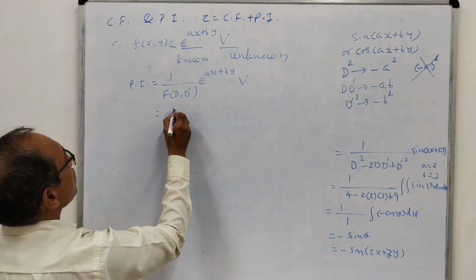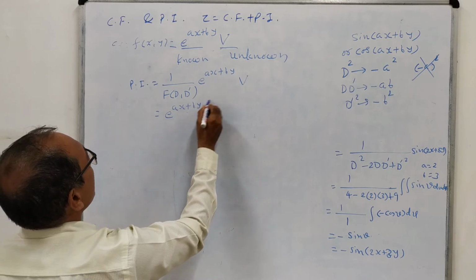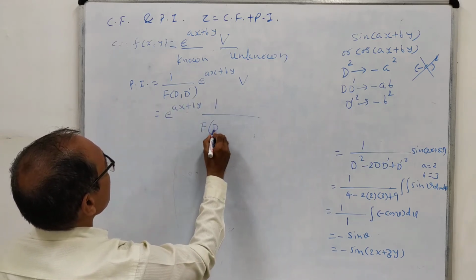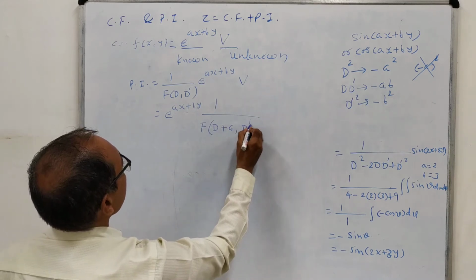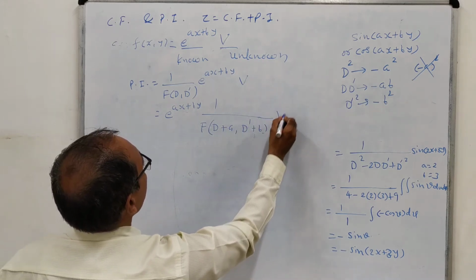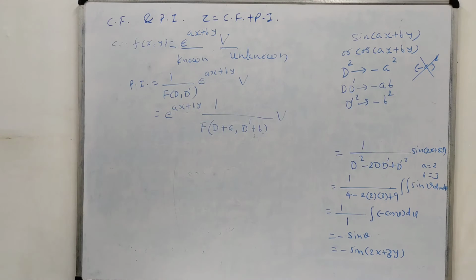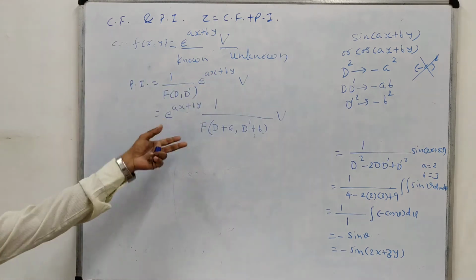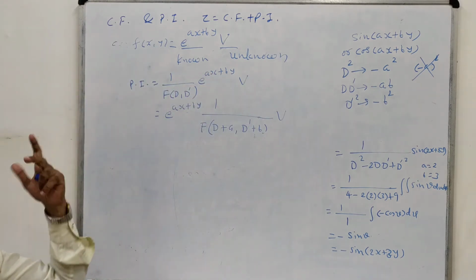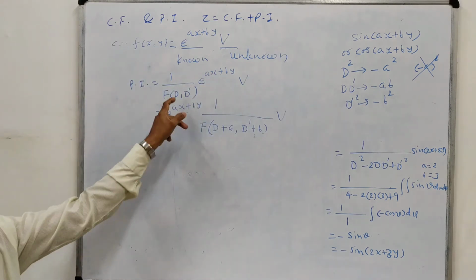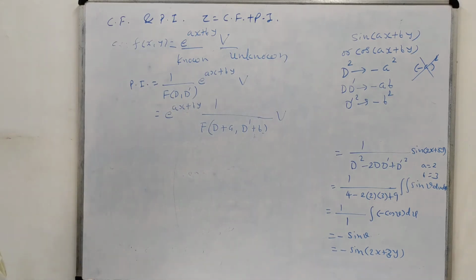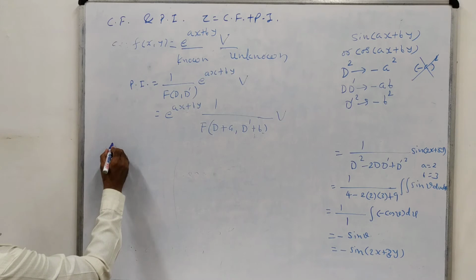Then you take e^(ax+by) common, and in the equation you replace D by D + a and D' by D' + b, and then follow the procedure as usual. That means you can follow the standard procedure, because now only a single function will remain, since the known function we have taken outside, and taking it outside has an effect on the equation. So let us see one example of this type.